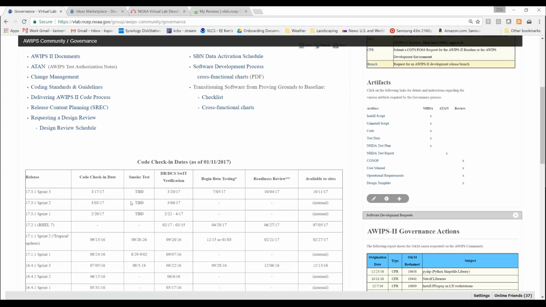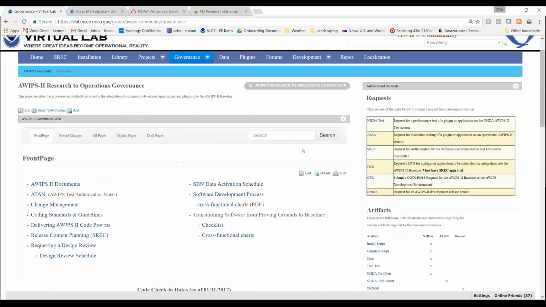As John mentioned, all of AWIPS is using the VLab for their code. In order to get code into AWIPS, it has to go through the VirtualLab. So this is the one-stop place to go to find out information in terms of code check-in dates, when things are going to be available out to the sites, all of that sort of information. So anyway,